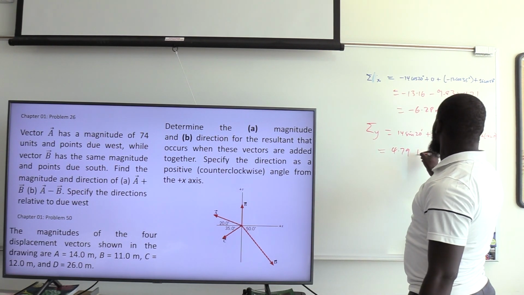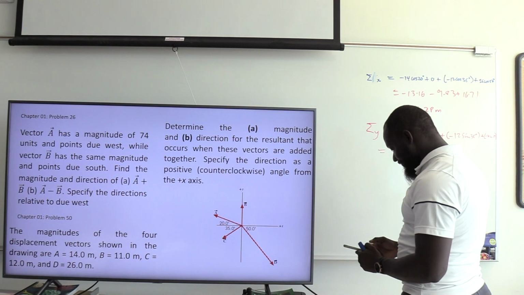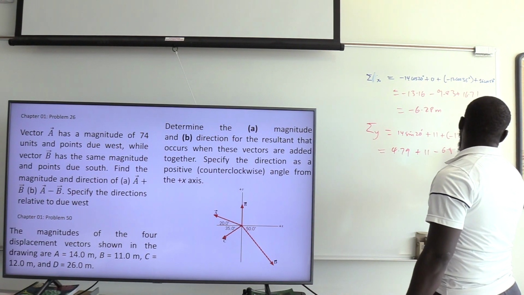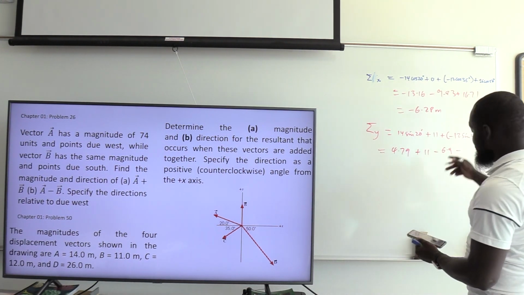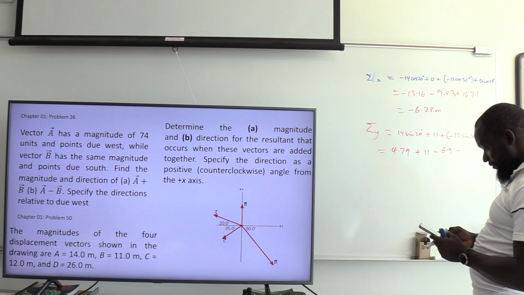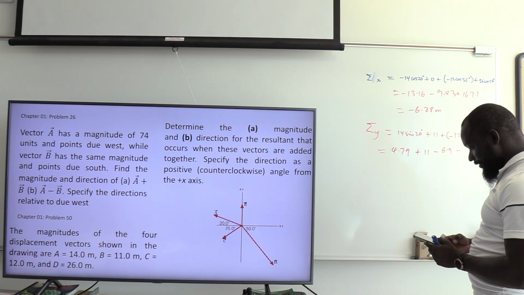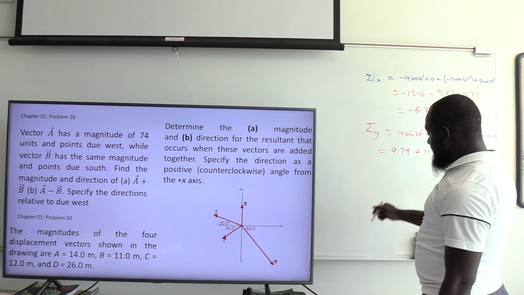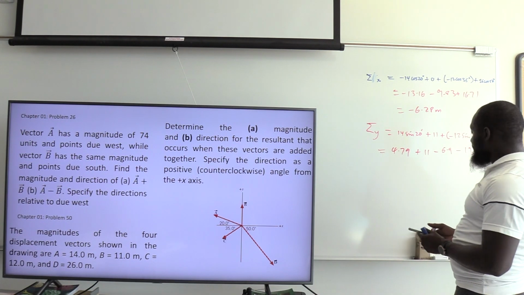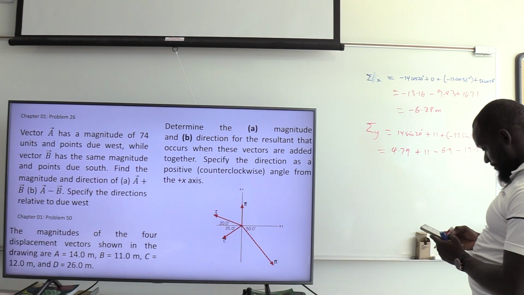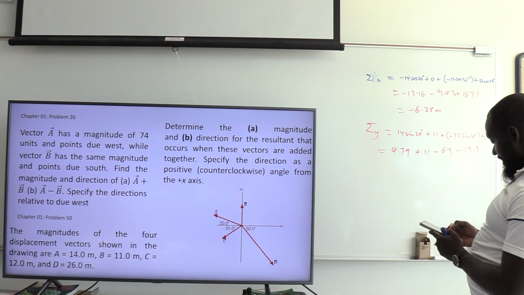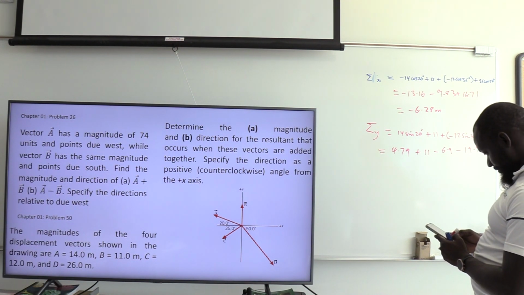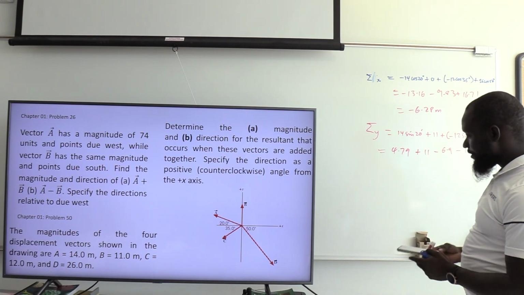Then plus 11, minus 12 sine 35, which is 6.9, minus 26 sine 50, which is 19.9. So 4.79 plus 11 is 15.79. 15.79 minus 6.9 minus 19.9 gives minus 11.01